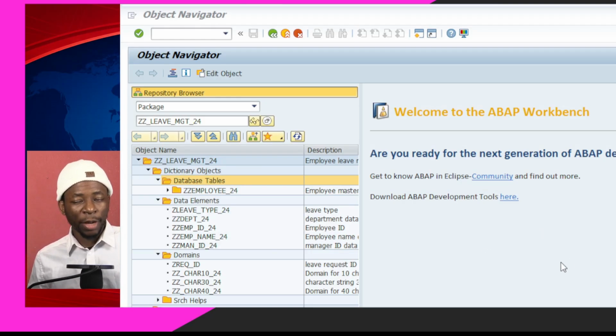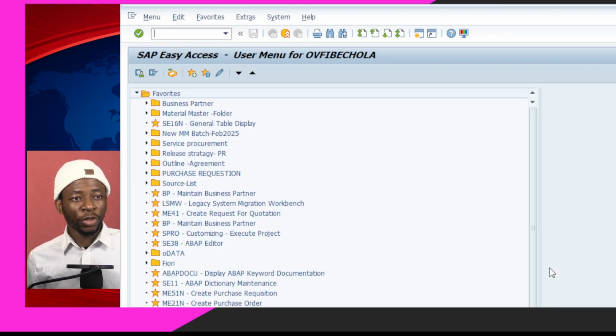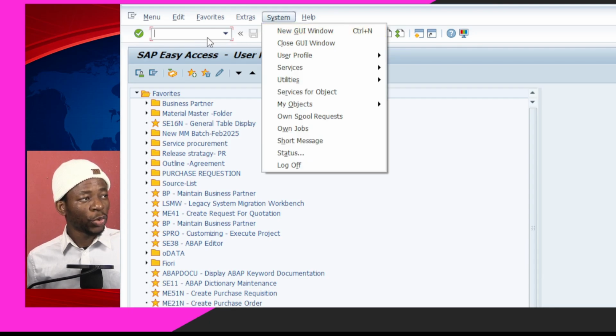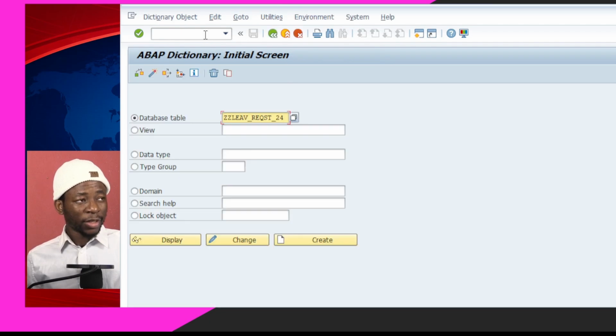I'm going to create a new window, and I will leave this current window as is. To open a new window, you can just use Ctrl-N. It will open a new GUI window. I want to go to SE11, the place where we create the database table. I also made a video on how to create a database table. The link to that will be in the description. And so we want to create